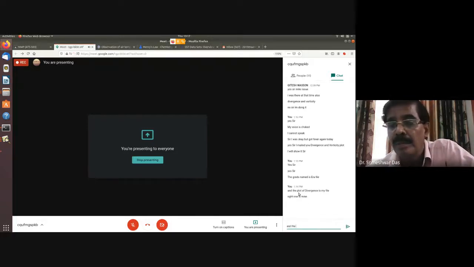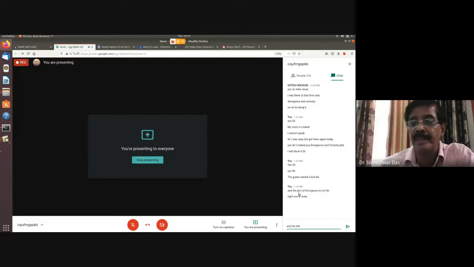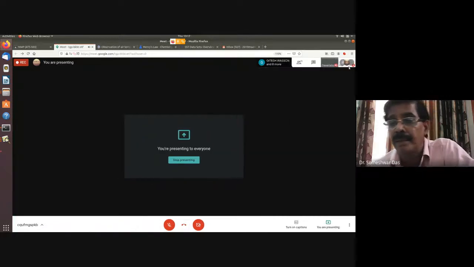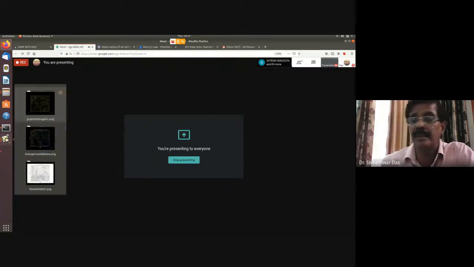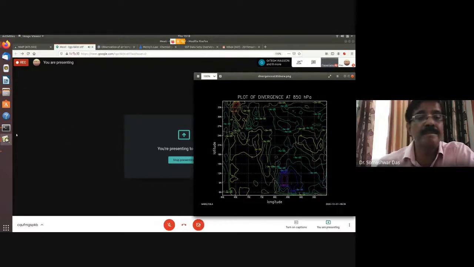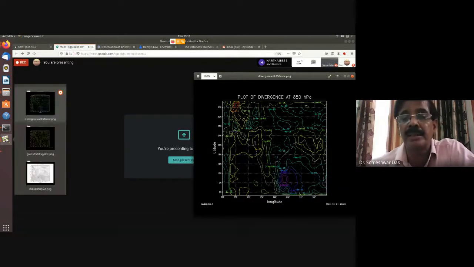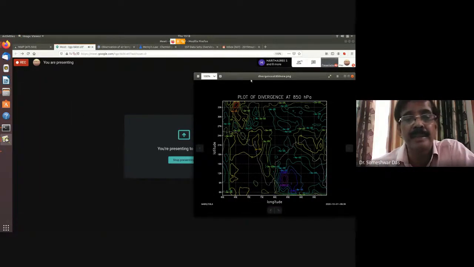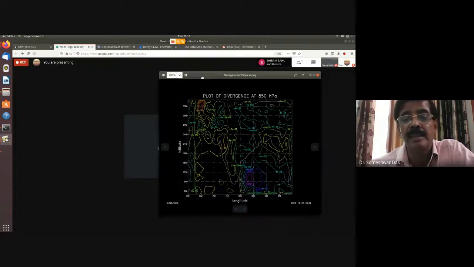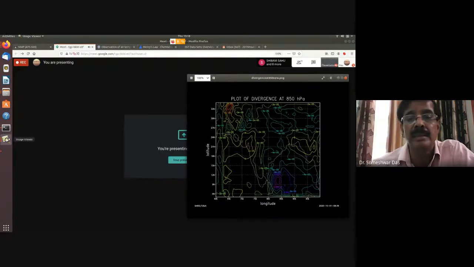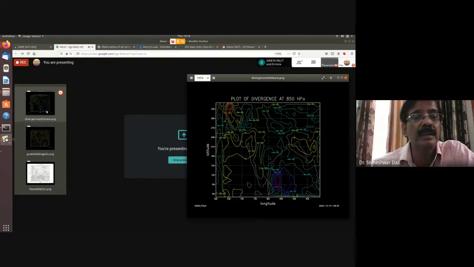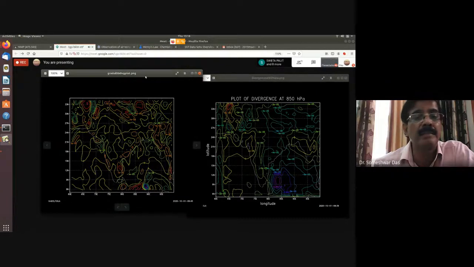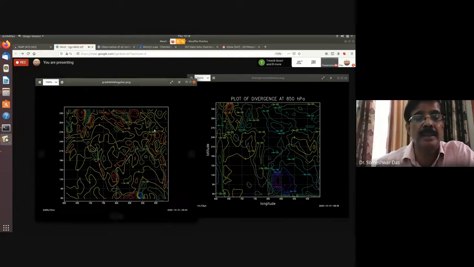Yours is the right one, and the left one is the NC file, right? They are not exactly the same; they are different. That one is the NC file. They are not identical. The right side is yours, and the left side. This is yours. Yeah, displayed. Okay, so this is the ERA, and they are not identical.